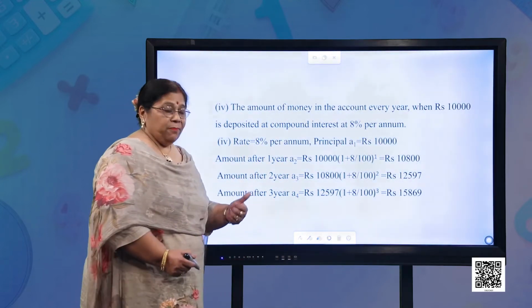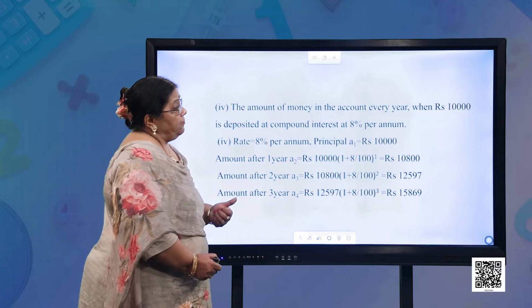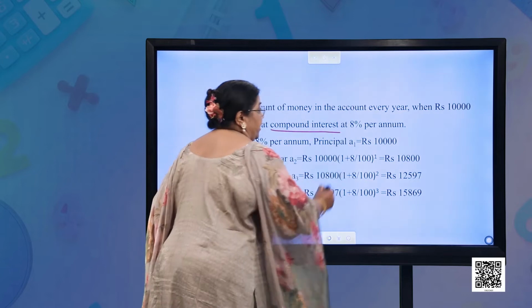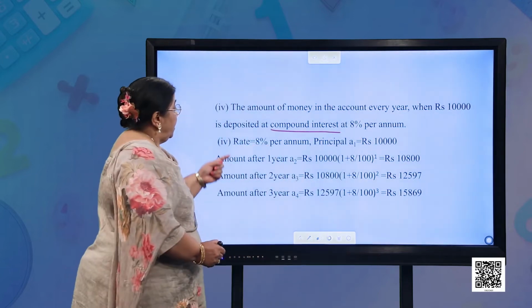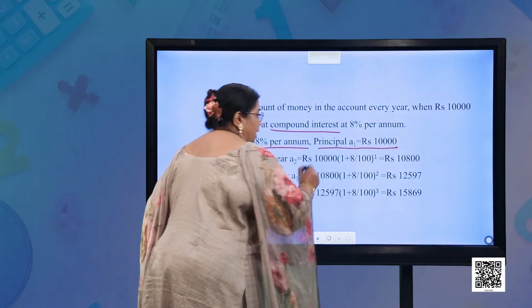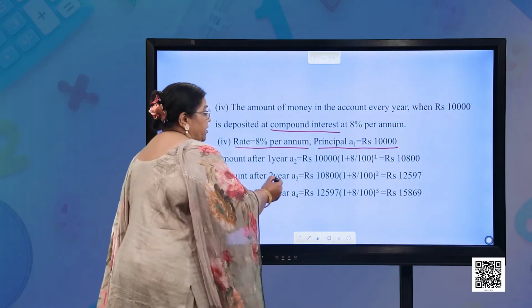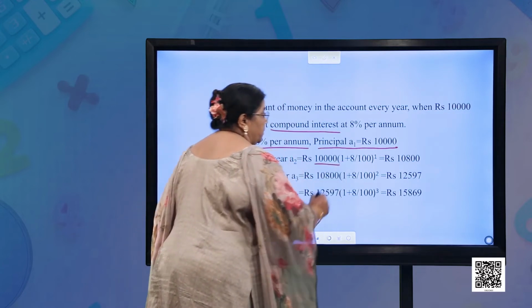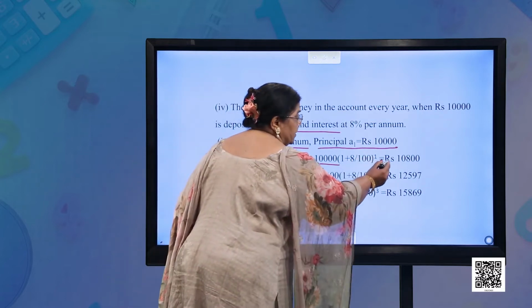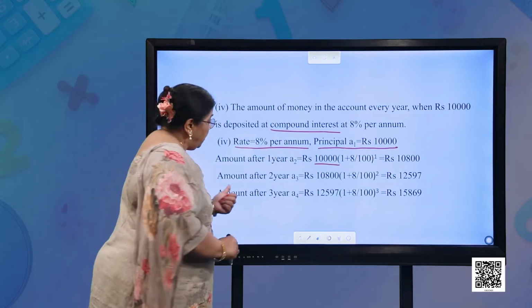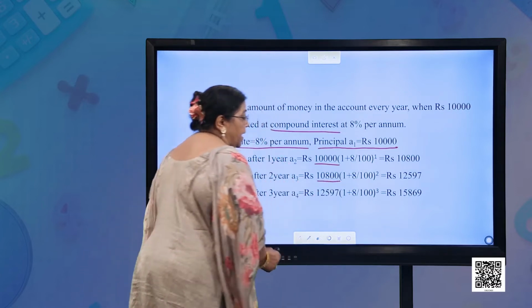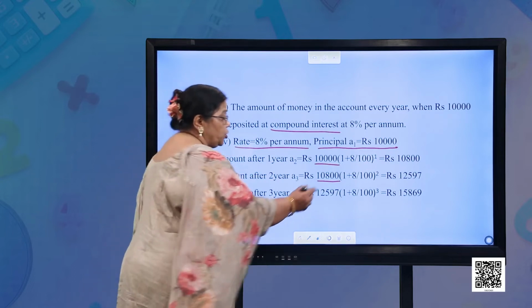We have the amount of money in the account every year when 10,000 rupees is deposited at compound interest at 8% per annum. Rate is 8% per annum, principal is A1, that is 10,000, and amount after 1 year is going to become 10,000 multiplied by (1 plus 8/100) raised to 1, that is 10,800. Amount after 2 years will be A3, 10,800 multiplied by (1 plus 8/100) raised to 2. It becomes